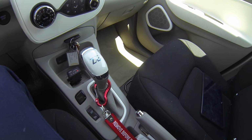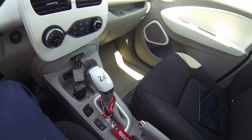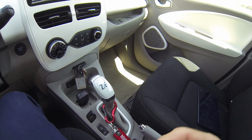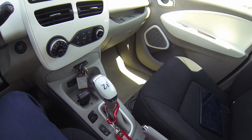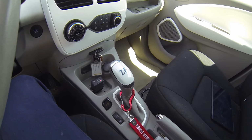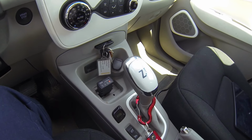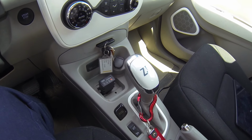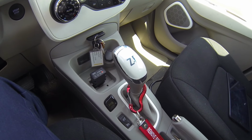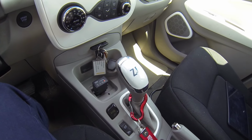So I've stopped the car now, and what I want to check together with you is the state of health of the battery. As you remember, a few years ago people were saying that maybe electric cars wouldn't even be able to reach 100,000 kilometers with one single set of batteries. I've plugged in the OBD scanner now, because the state of health is a value that is not publicly available on the Renault Zoe system. So we need to go a bit deeper here in the